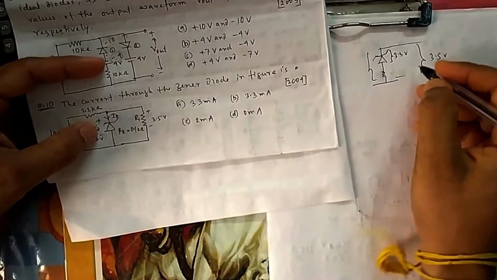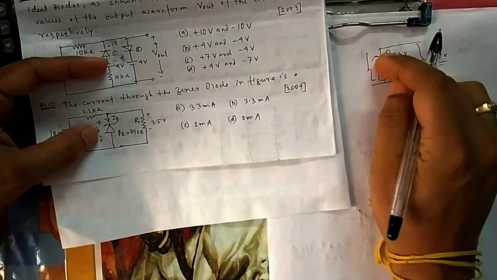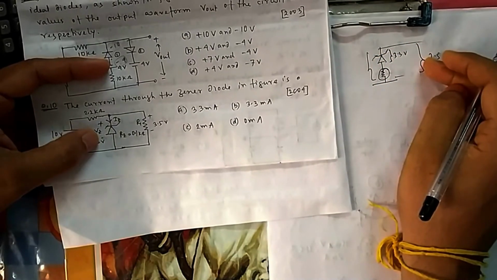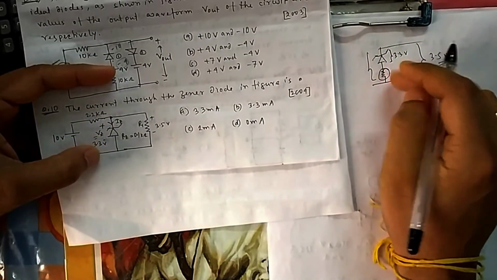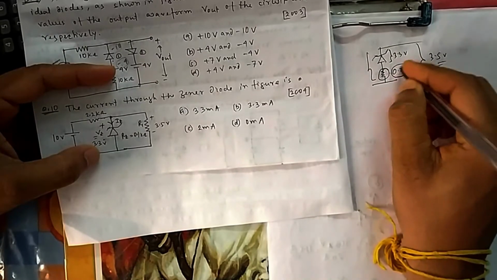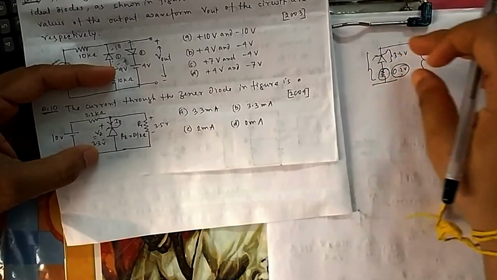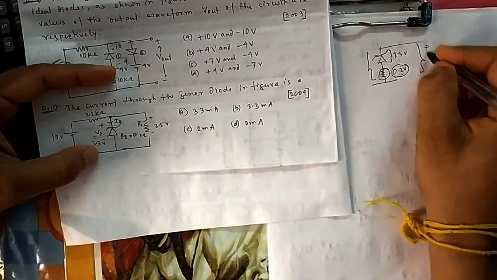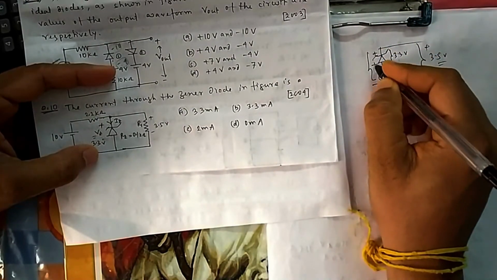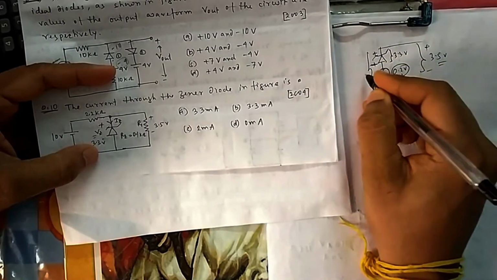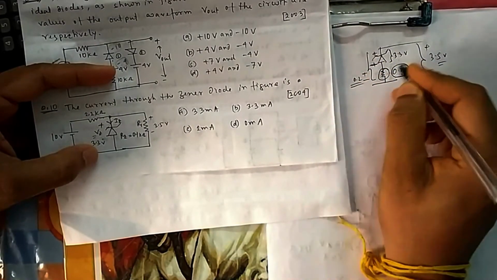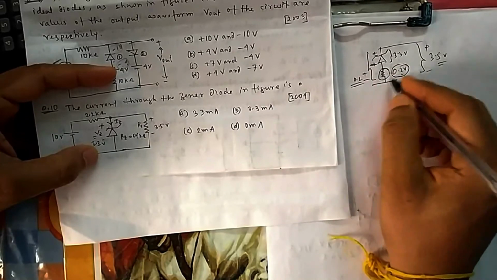So what will be the drop? Now you can see what is the voltage across this side, 3.3, and this side, 3.5. So 3.5 minus 3.3, it should be 0.2 volt drop. You can find it so that it also becomes 3.5, because this is also 3.3. If I add plus 0.2, then this will work out. So the voltage across this is 0.2.